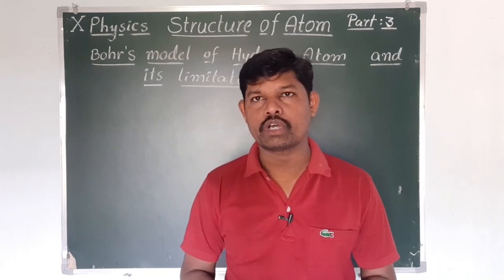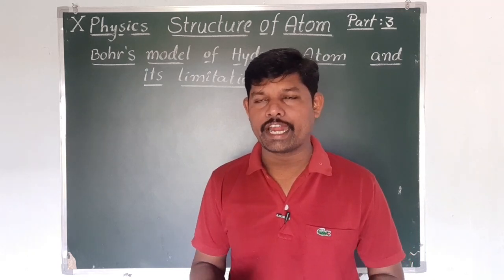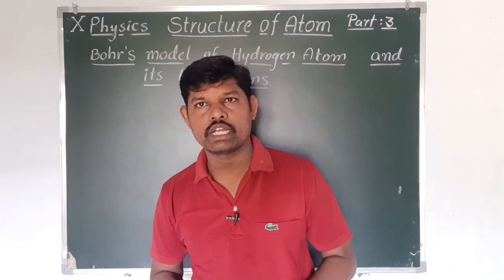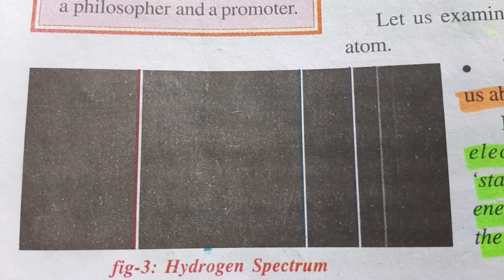So first of all we have to observe the figure, the spectrum of hydrogen atom. Those who have the textbook, watch the textbook and examine what the spectral lines are. Here in the figure we can observe there are 4 spectral lines. What are those spectral lines? What information are the spectral lines giving us? Here one question is there: what does a line spectrum tell us about the structure of an atom? Which information are those lines providing?